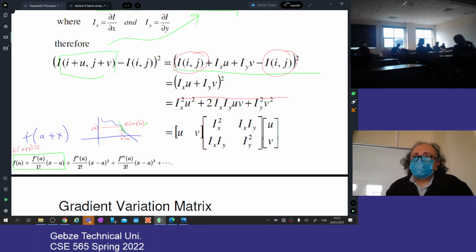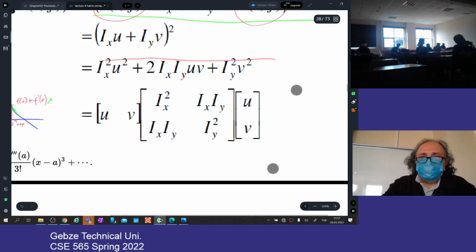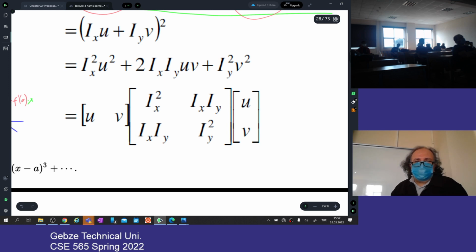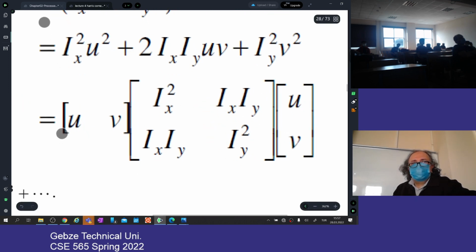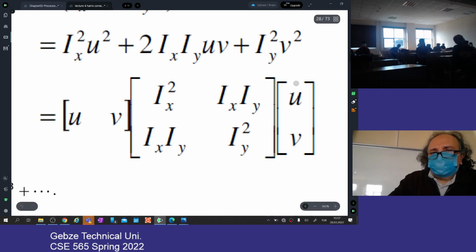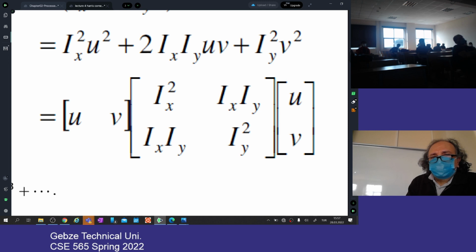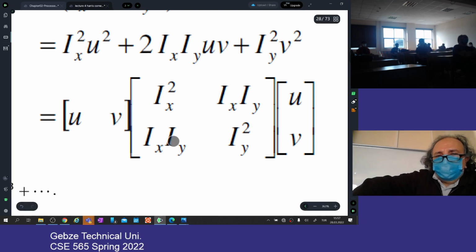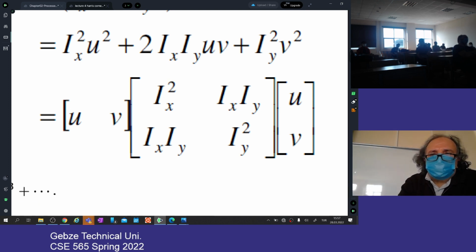But we are not going to do it that way. We are going to do it this way. We say that this expression and this expression are the same thing. Just take a moment to see what's going on here. So it's just a matrix, a horizontal vector. So if you multiply this vector with this,